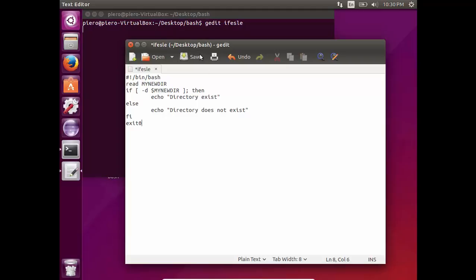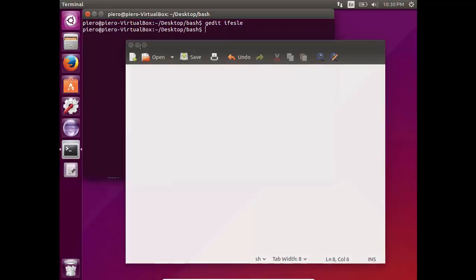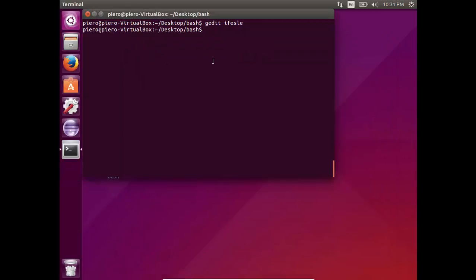We're going to go ahead and save it. So we're going to close it. We're going to go ahead and give the file executable rights. We're going to give the user, and I just noticed I misspelled it, so I'm going to have to be careful with that. Okay, do that. We're going to go ahead and launch the file,